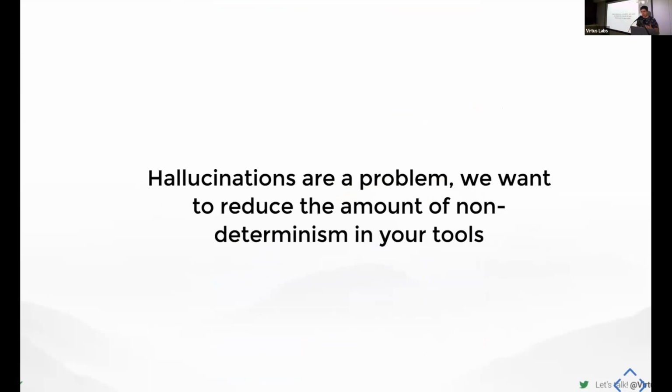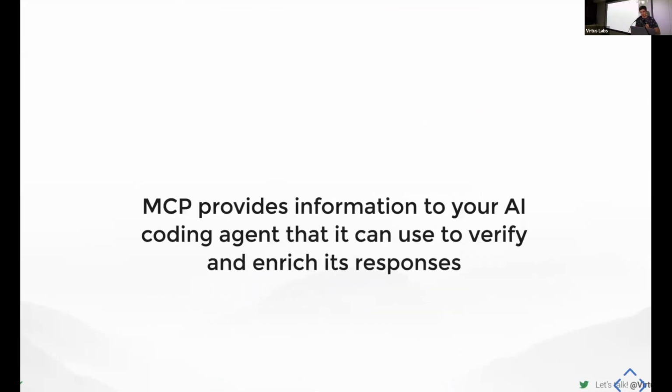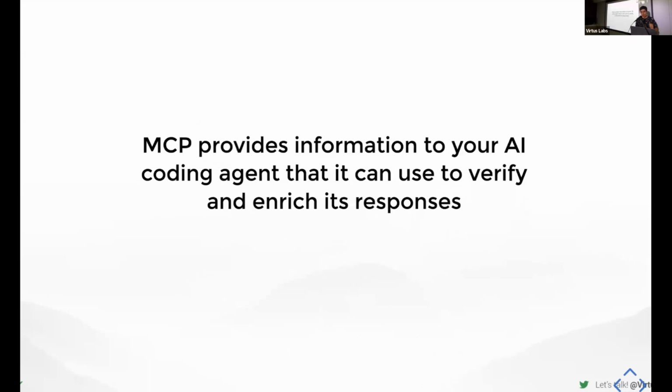AI agents or anything is a tool, and we want that to work for you. So obviously we need some way to make it better. So MCP provides that data to make it better, and it can verify a lot of its responses to you, or even give you a bit more information than it would without MCP.